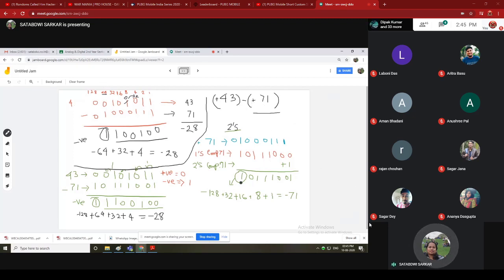So next, after getting the 2's complement of the negative value, we are just doing the addition operation with 43. So we are getting the result and output, and we are just verifying or checking here. So this part is not required. This black part is not required. If you just want to do this, then you can do this in your rough part.